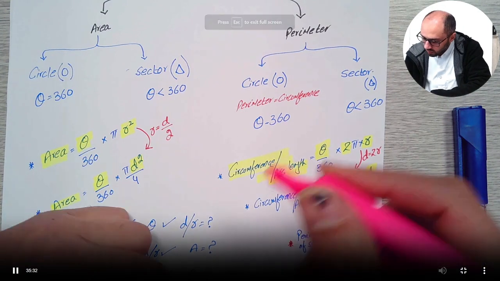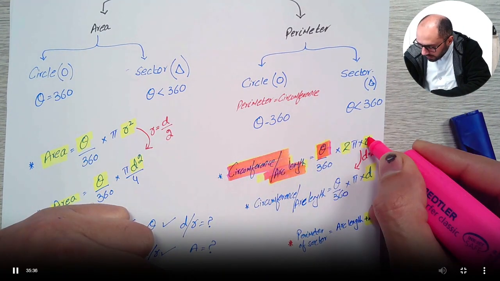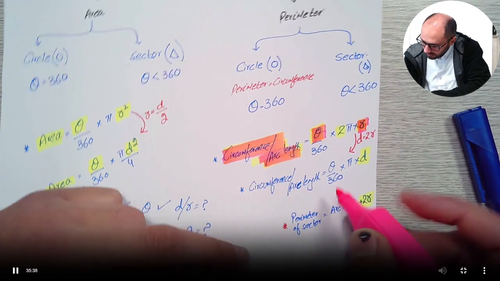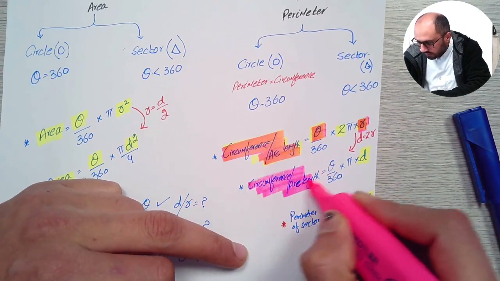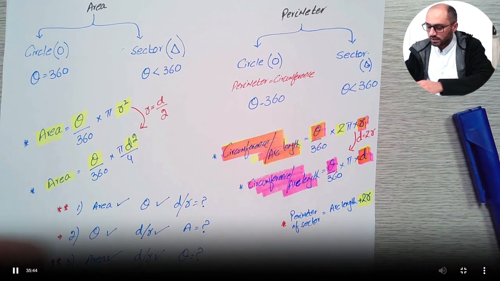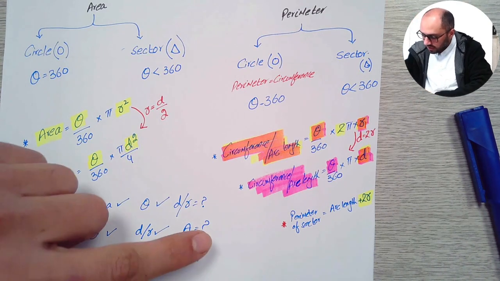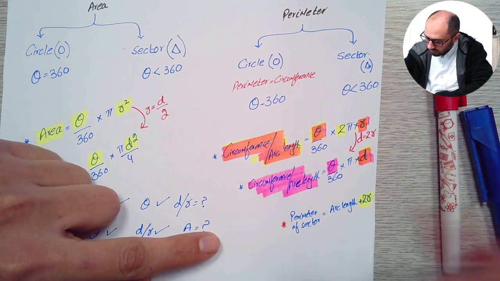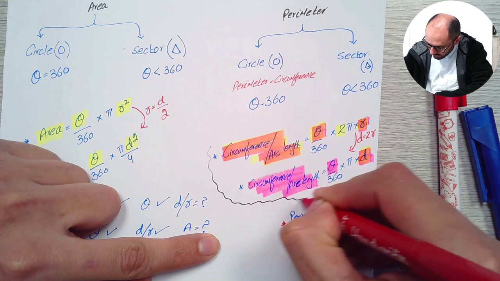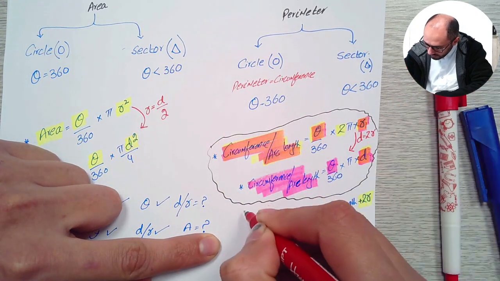Third unknown will be my radius. In this case, it's going to be the circumference, arc length, angle, or the diameter. So 3 types of questions that you can expect on the use of this section only will be